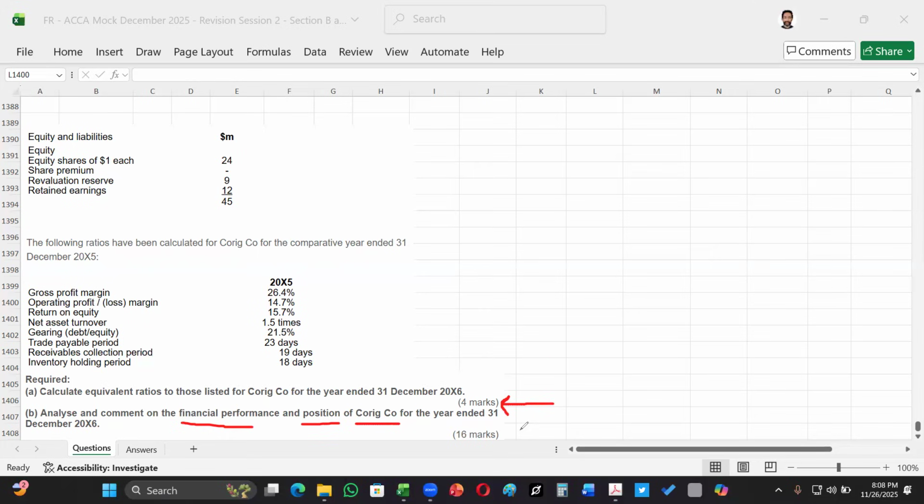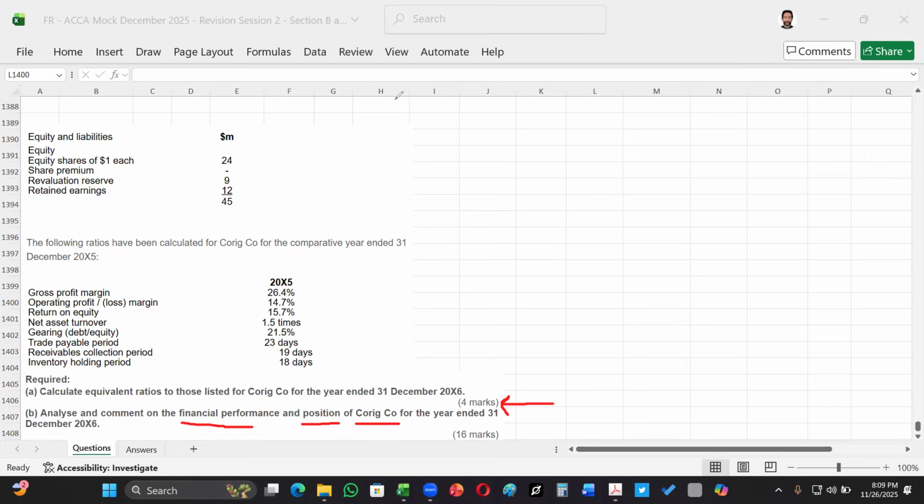People usually think that this is a very easy question, but it is a very tricky one, and you have to relate to it. First of all, you discuss the results of the ratios that we're going to calculate in the 4 marker, and then we simply discuss whether the numbers have improved or become worse, but then we have to relate to the reasons. Okay, so it is key to success in scoring marks in this one. I believe we have had enough of the discussion. We can now move on to looking at the specific information.